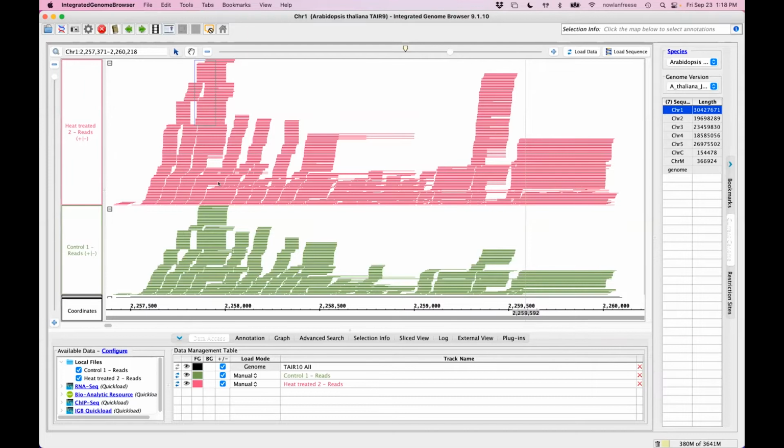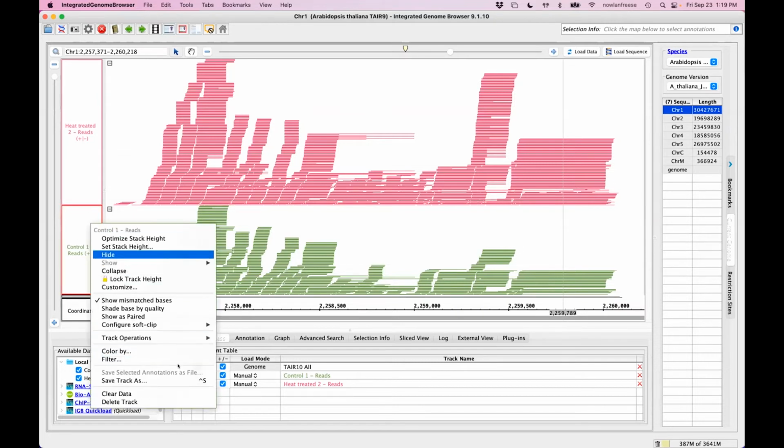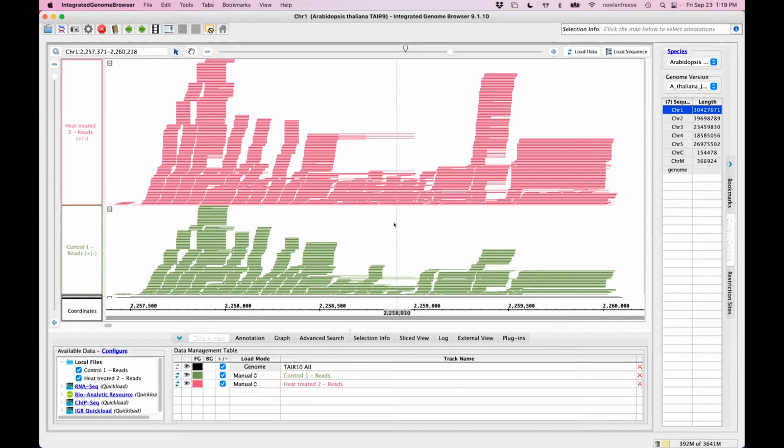We can actually use IGB to drag click if we wanted to, and we could select a stack of these and say, okay, I've got 392 there. How many do I have here? Something like 209. Of course, that's not the most accurate way of doing it. We can also create coverage graphs in IGB through our right-click menu options here. But even that probably wouldn't be the most accurate or best way to do that, because trying to compare between samples,